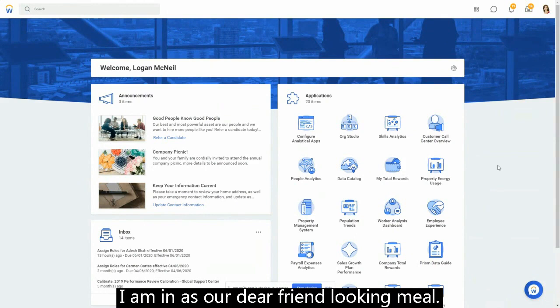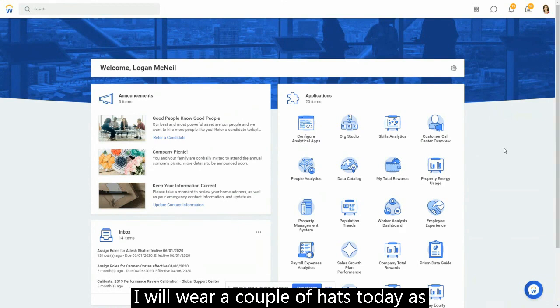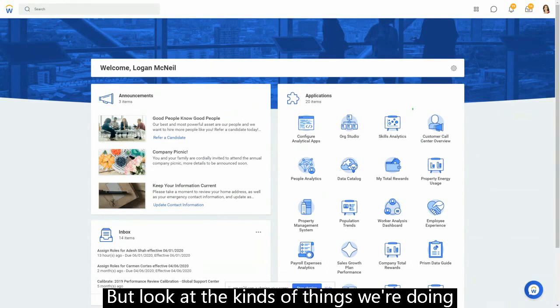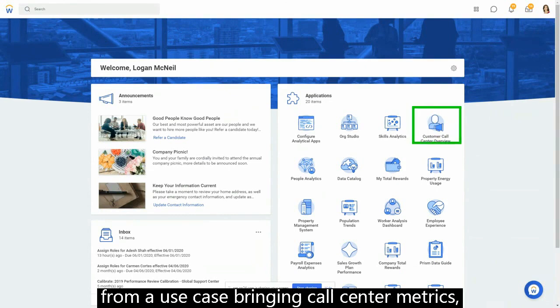So I am in as our dear friend Logan McNeil. I will wear a couple of hats today as Logan as we move through the demo. First is really Logan as an HR leader, somebody who doesn't do analytics but benefits from analytics. And so when we think about Prism, we think about that external data. This is just our demo tenant here, but look at the kinds of things we're doing from a use case, bringing in call center